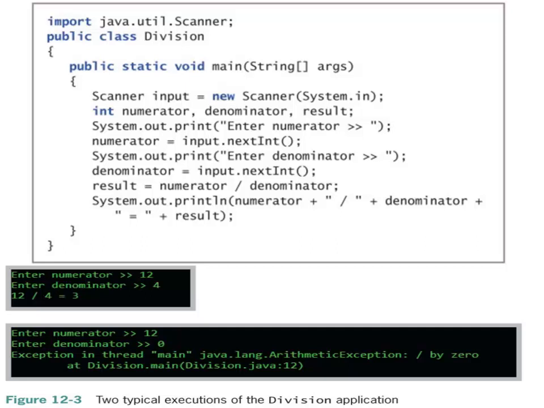Java doesn't allow integer division by 0, but floating point division by 0 is allowed. The result is displayed as infinity. So in the second execution, most programmers would say that the program experienced a crash, meaning that it ended prematurely with an error. From the display, we can see that the exception is a